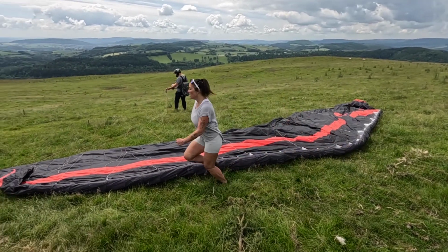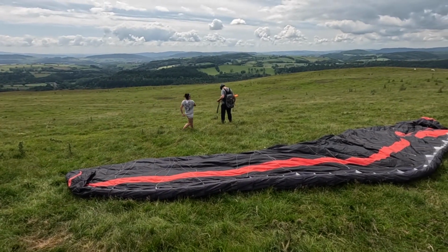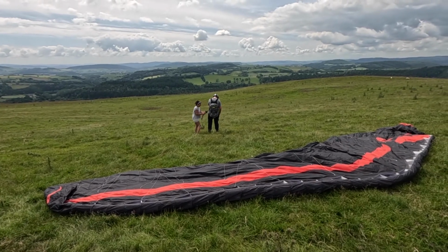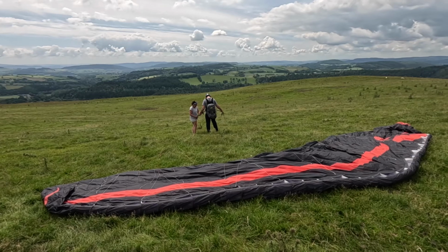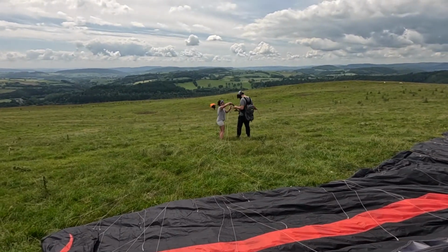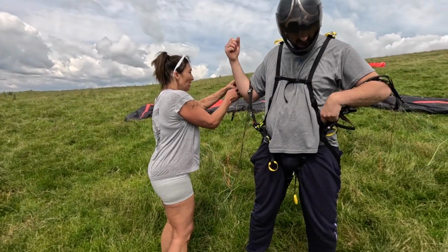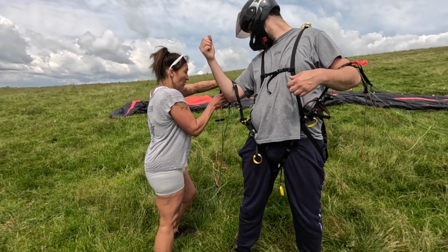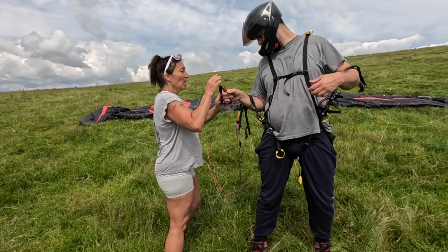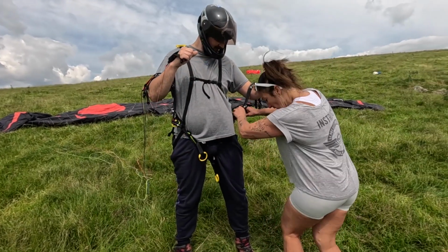Okay? Next, you set up your forward launch. You only ever do these in very light wind, because if the wind picks up, it'll take you backwards. So all of your controls over your forearm, all of them, even sit it in the crease of your arm. Okay? Now, I'm going to do this for you because we're on your own. It's quite difficult to do on your own. So your brake handle, just your brake handle. And then we're going to do...